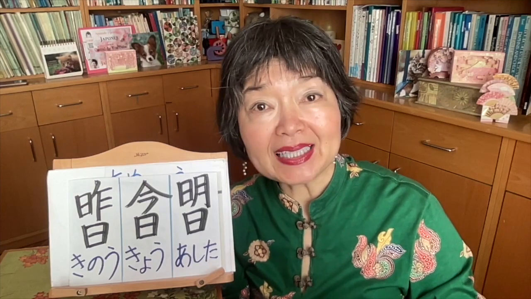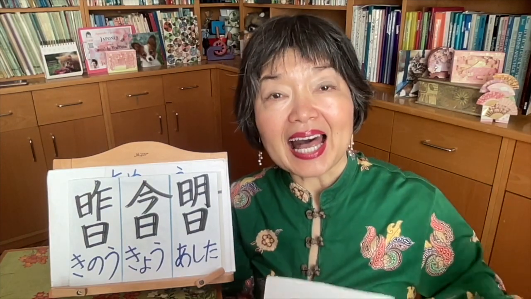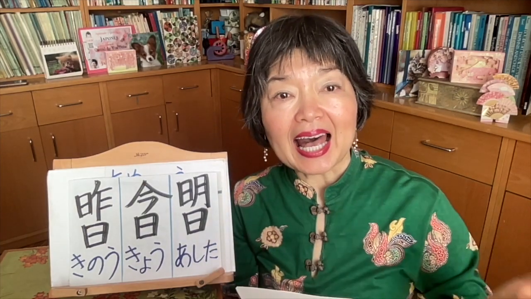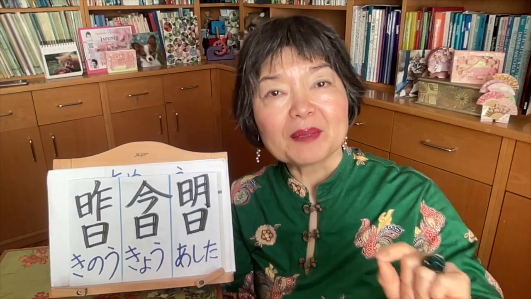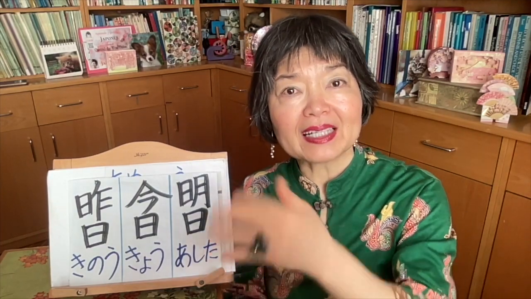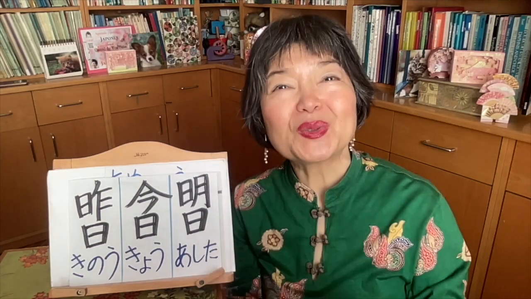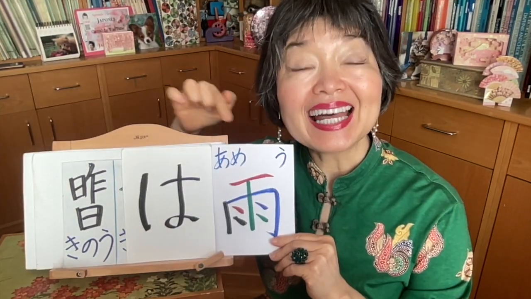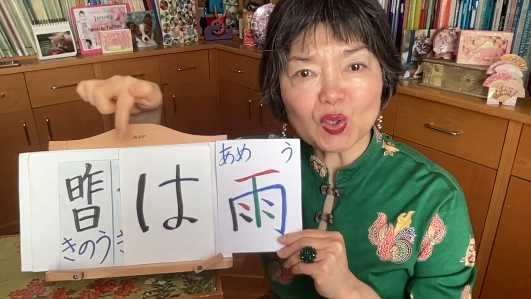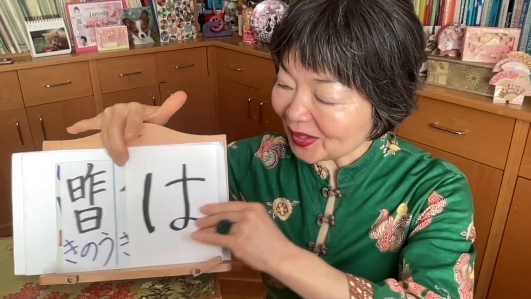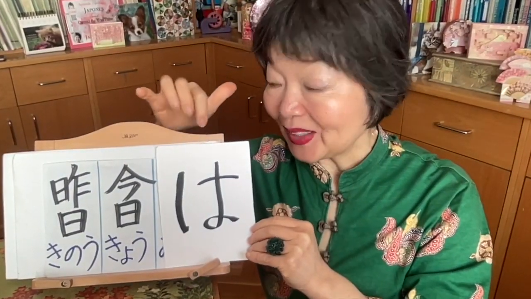Actually, we don't need any particle here. But now I want to use the particle wa because I want to say yesterday it was rainy, but today it's sunny. I'm comparing yesterday and today, so I'm going to use wa with yesterday and today. 昨日は雨でしたが、今日は晴れです。